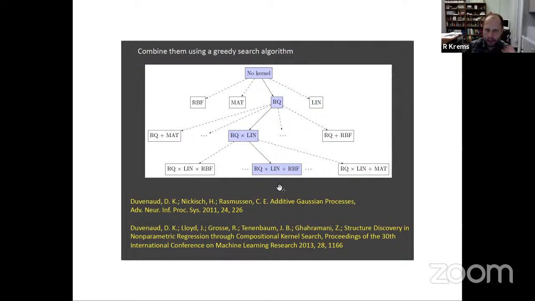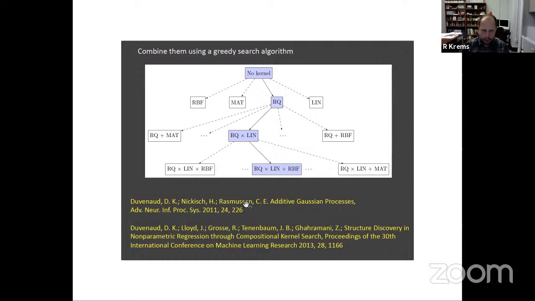And so I'm going to go down and down this search tree. And as I go down the search tree, as the number of layers in the search tree increases, the complexity of my kernel will increase. Like, for example, in this particular case, my kernel represents a product of a rational quadratic and linear kernel plus the RBF kernel. Okay, and of course, as I go further down, the complexity increases, so I have more and more kernel parameters to optimize. It gets harder, but it also makes my kernels a lot better.